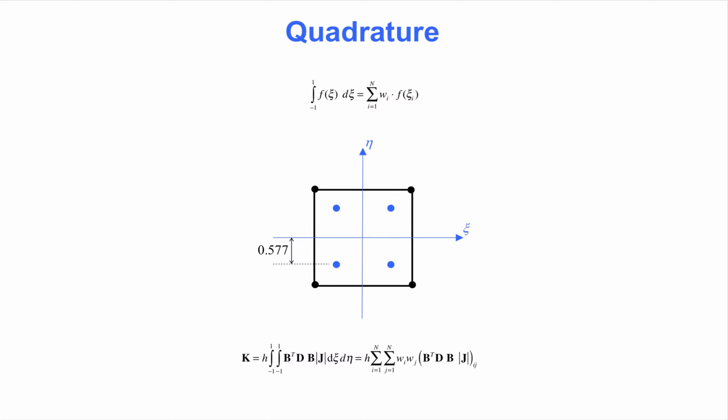Two-point Gauss integration is shown in this figure. The location of the integration points are 0.577 away from the origin of the coordinate system. In this case, the integration weights are equal to 1. This two-dimensional quadrature is spelled out in the expression for the stiffness matrix below. Notice the double sum, and remember that we evaluate the integrand in the parenthesis only at the 4 integration points